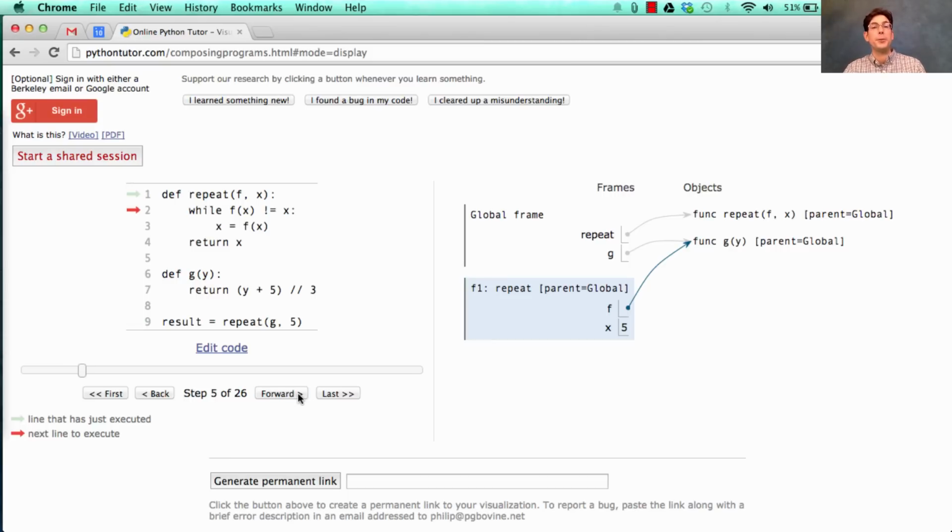The first thing we do is evaluate the expression in the header of the while statement to figure out whether it's a true value or a false value. Now, as you can see in this expression here, there is a call expression within it, f of x. So we're going to have to call f on x. Now, what's f? It's right here. So we call f on x,